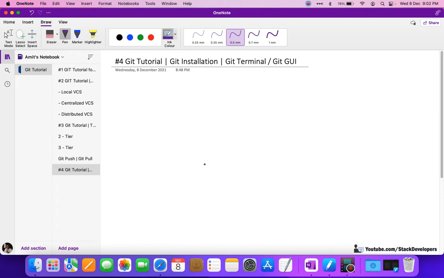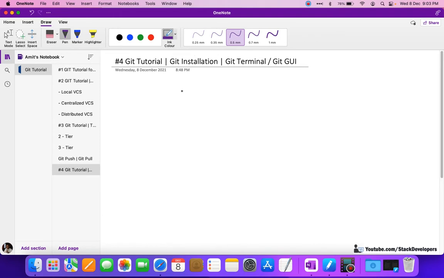Now we are finally ready to install Git in our system, so that we can use it in further videos and for future purposes. There are two ways to install Git, and I'm going to explain both the ways here.